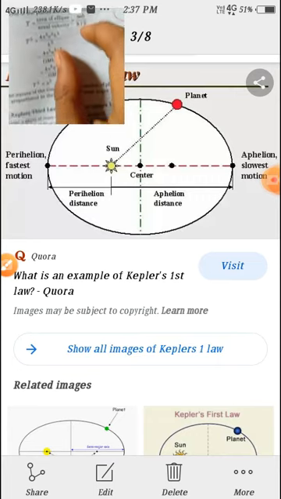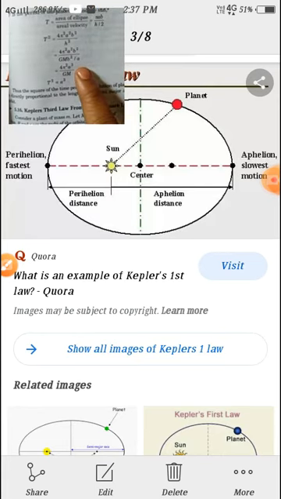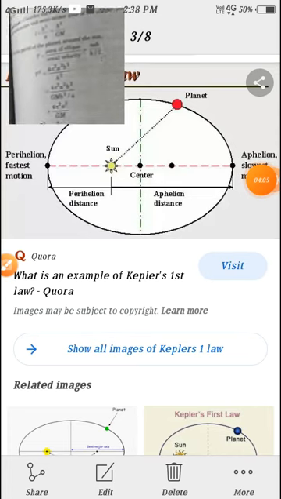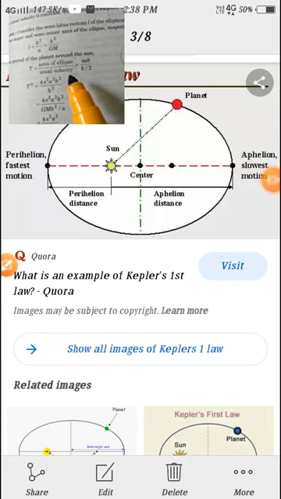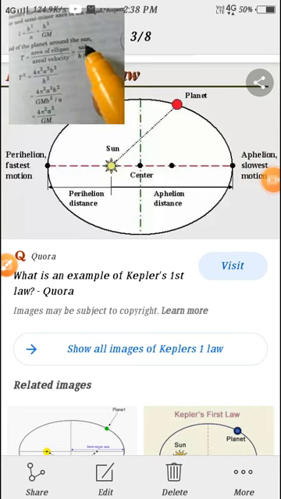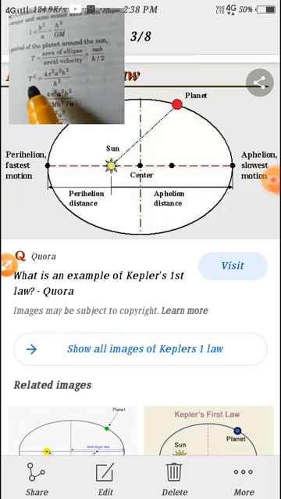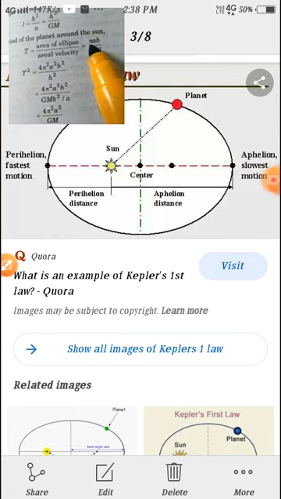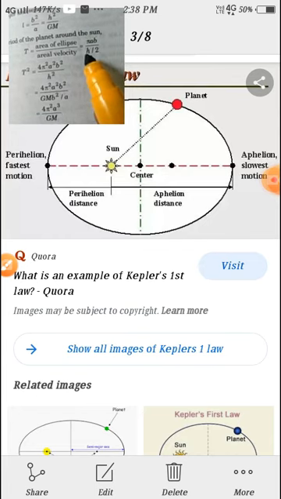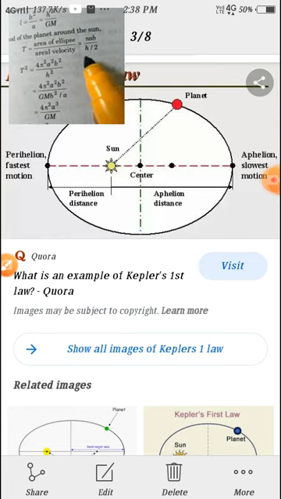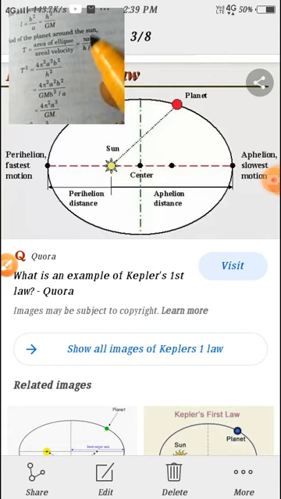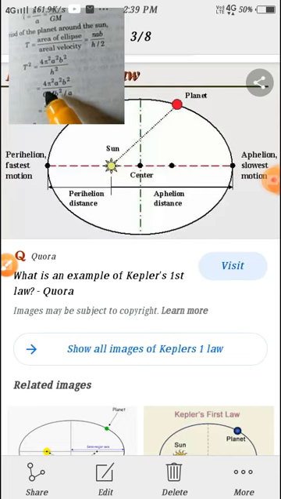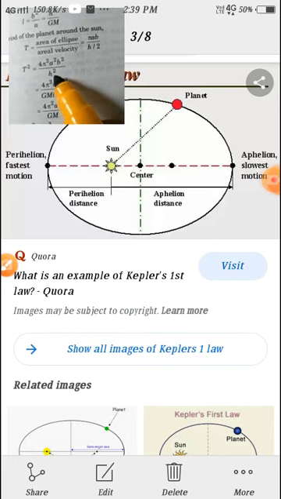So squaring, here the area of the ellipse by the areal velocity is pi AB by H by 2. Here T square, so this is squared. So pi square A square B square. H square by 2 square, that is 4. So moving it up, 4 pi square A square B square by H square. So 4 pi square A square B square by, here, the H square value.